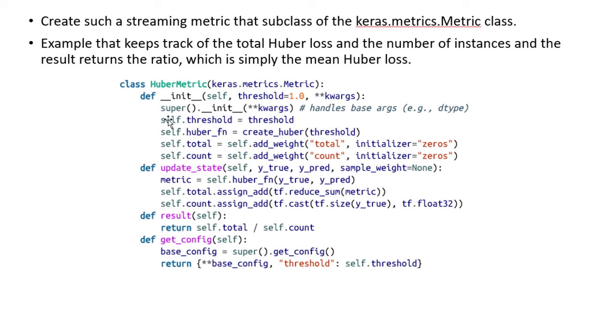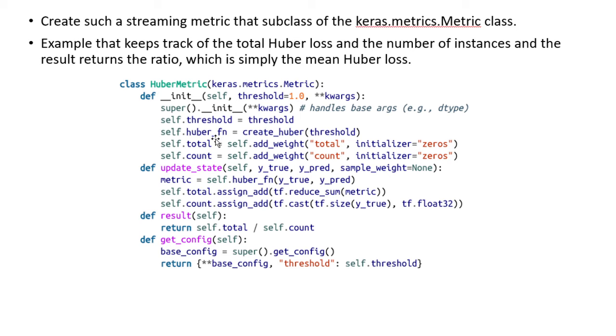And you can see the super method, which is calling the parent class. Next we have 4 variables here: threshold, Uber function, total and count. Whatever values we pass when we run this particular class, such as threshold, are saved in self.threshold.